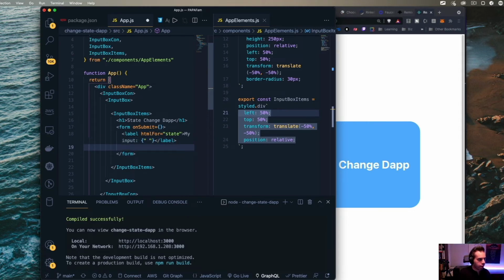We're going to then have an input, and this input is going to have some properties. So ID equals state. We're then going to have a type. This type can only be a number because we only want to be able to set the number, and that's what we defined in our smart contract with the uint256 integer. So it's a number, and we needed to enforce that it will be a number.